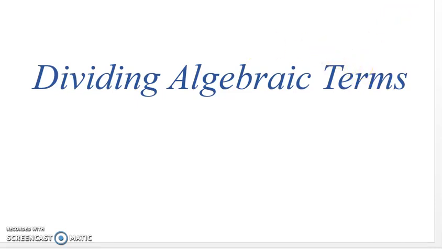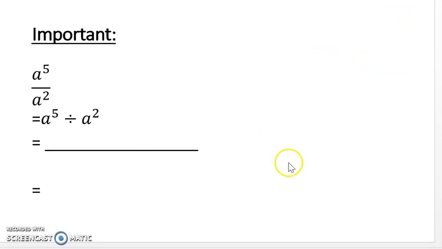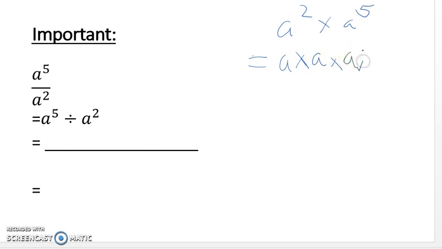This video is on dividing algebraic terms, and it follows nicely from what we've just done, which is some multiplying. If I take a squared and multiply it by a to the power of 5, that's where we looked at it the long way, which is not the way hopefully you'll do it now, but we talked about the fact that a squared is a times a, and a to the power of 5 is a once,